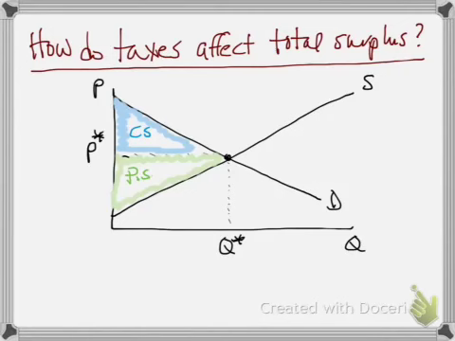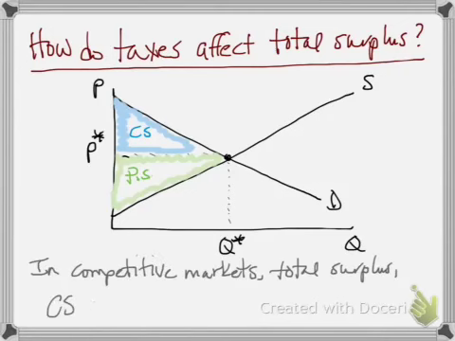is maximized, and consumer surplus represents the area from the price line up to the demand curve. That's the blue shaded triangle. And then the lower triangle from the price line down to the supply curve represents producer surplus. So now, if we've got a tax in the market, how is that going to impact the distribution of surplus, right? So in a competitive market, total surplus is maximized, but if there's going to be a tax, let's see